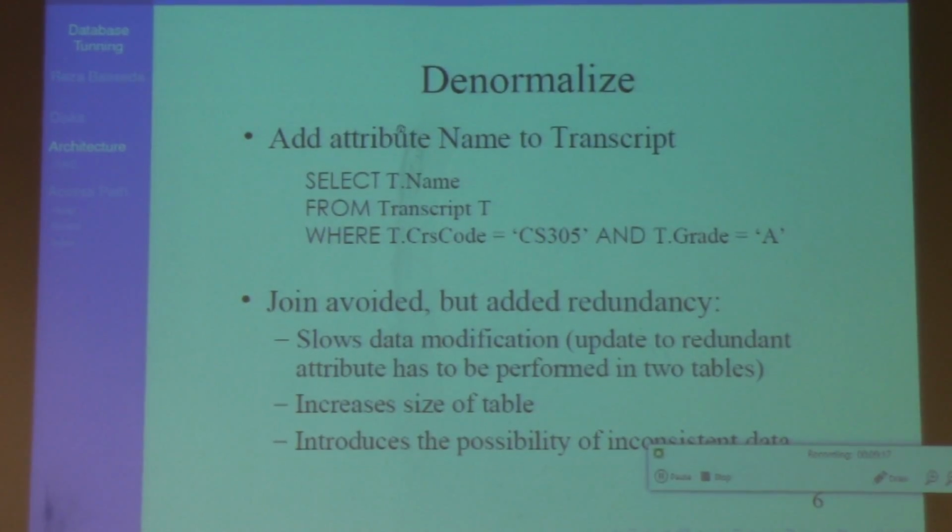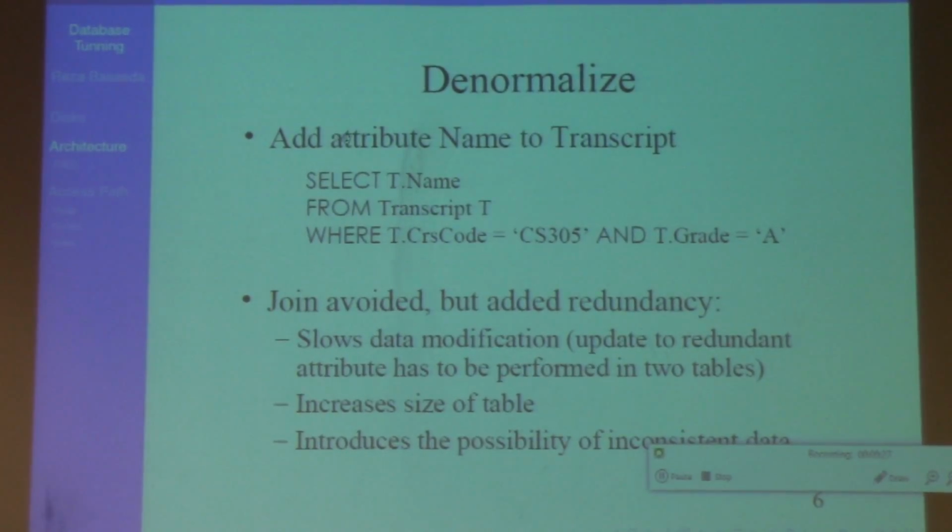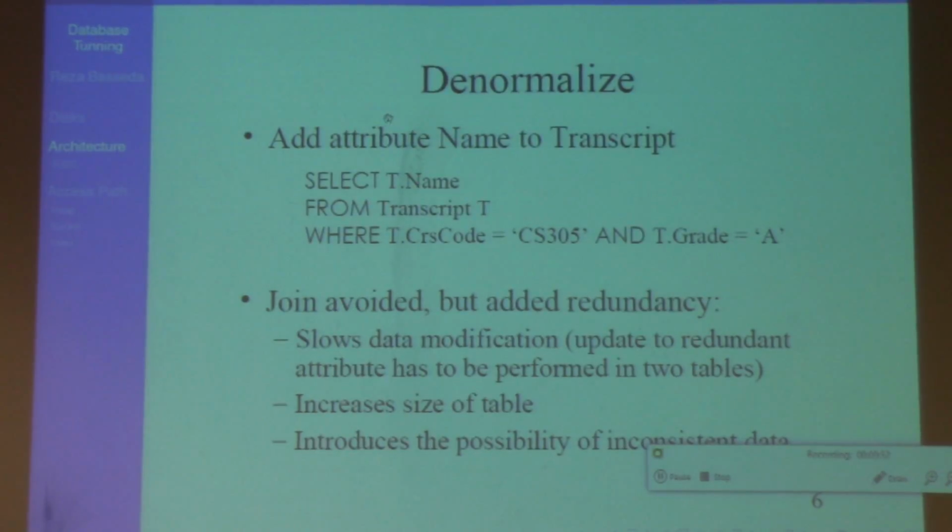Because it is read-only. Suppose that Pravin changed his name to Michael. Then you have to go to the table of transcript and change it for all of those records, right? So you don't like to make it Michael? Okay, I'm happy with that. So then you have less efficient data modification. It also increases the size of the table. Why? Because you added one extra attribute, one column, and